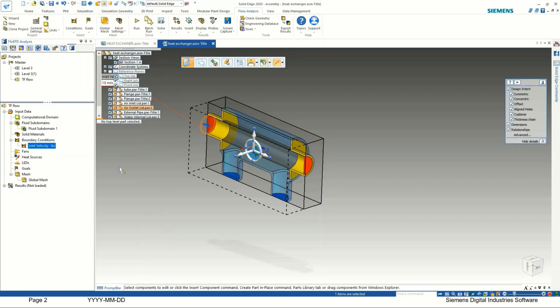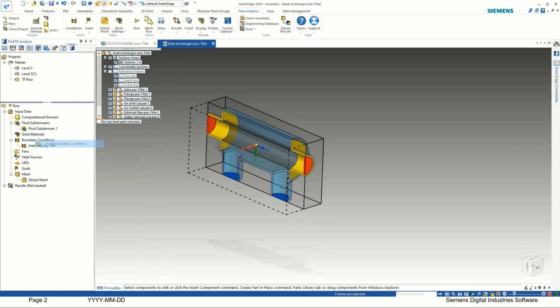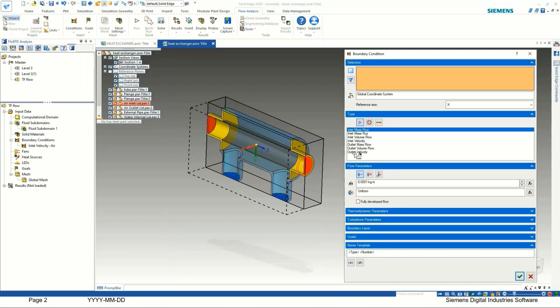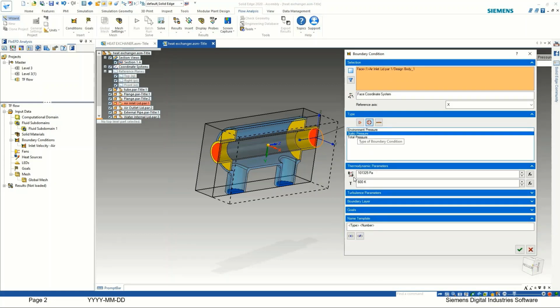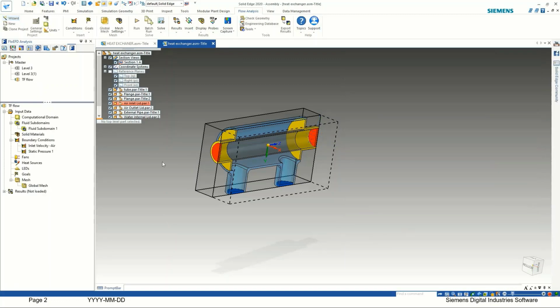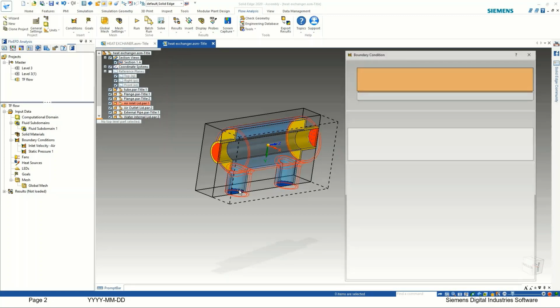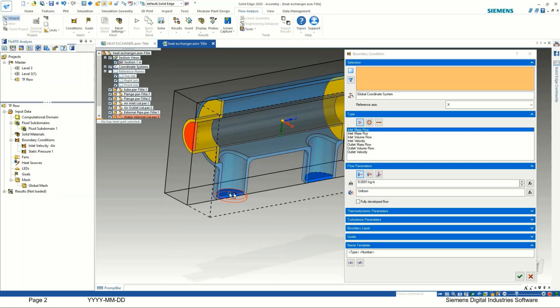Okay, now let's move on to the other boundary condition, and that means you can apply the opening boundary condition. This is open to the environment, so you can select that. So you have pressure opening, static pressure, that is equal to 1 atmospheric pressure, or in pascals it was 101325, something like that. Okay, and let's apply the inlet velocity to this face also, and I'm going to apply the same value.